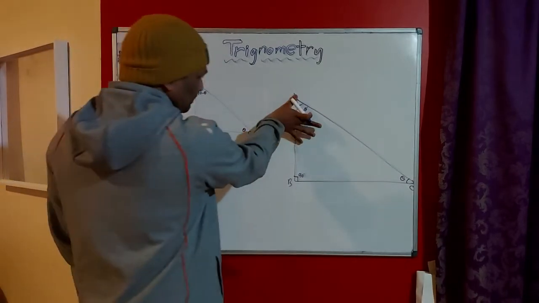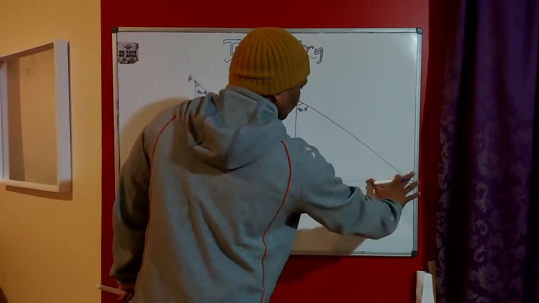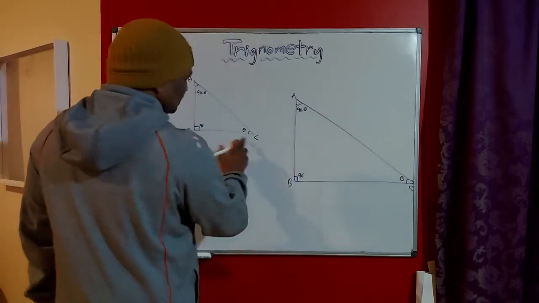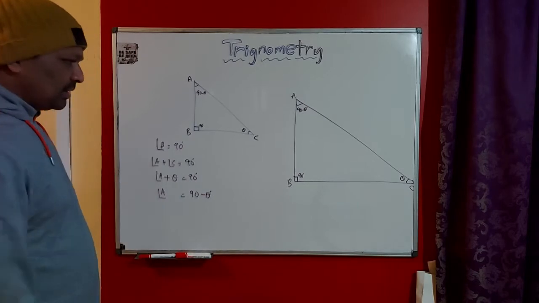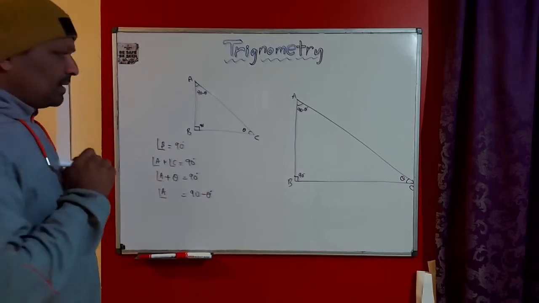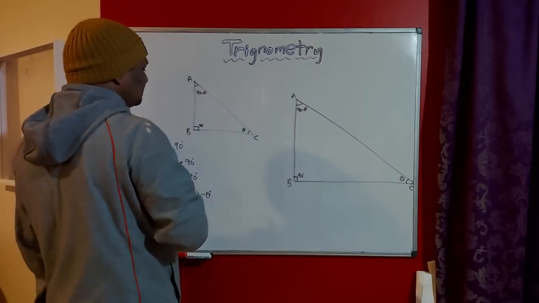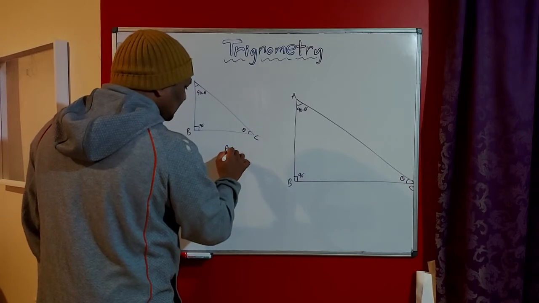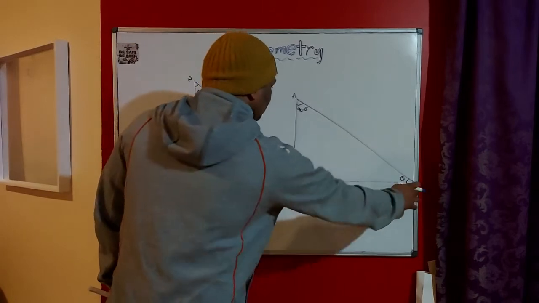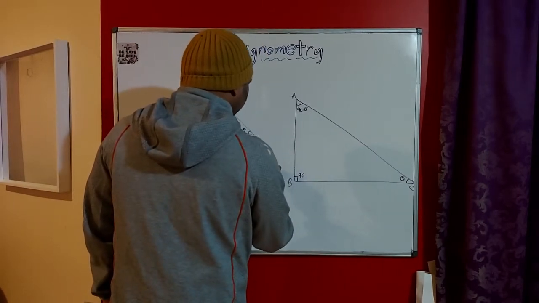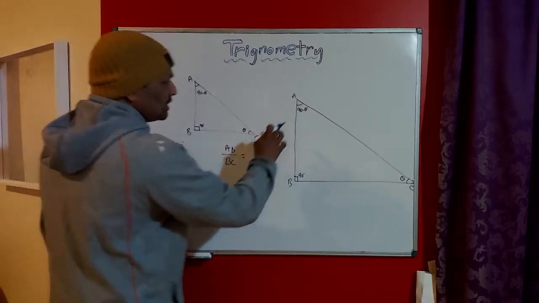Okay. The sides are totally different. This is small in size. This is very big in size. The length of BC is small here, and here it is bigger. Maybe it's double or so. But there is one property that is going to rule both these triangles: the ratio of AB by BC for this triangle is equal to the ratio of AB by BC for the big triangle.